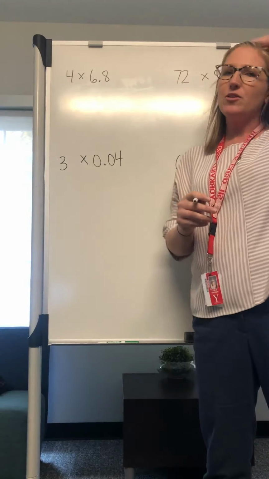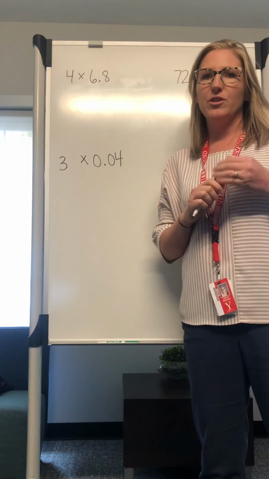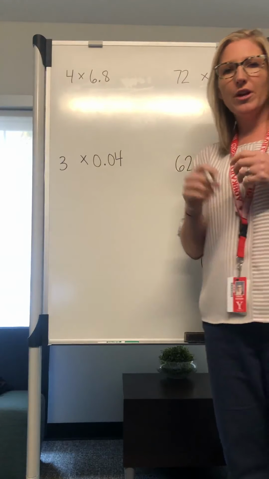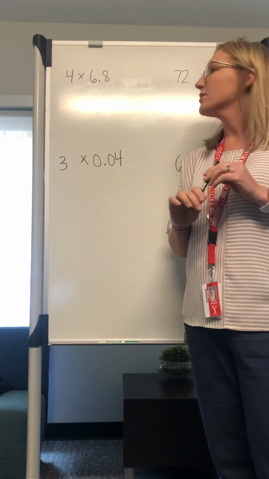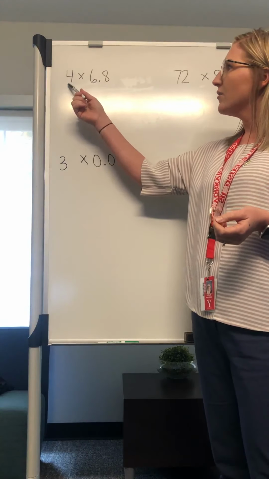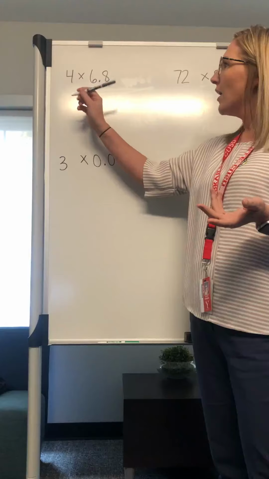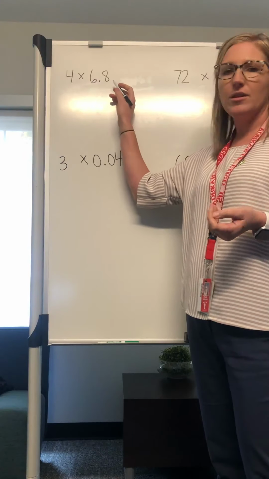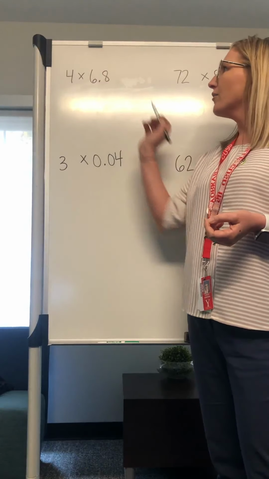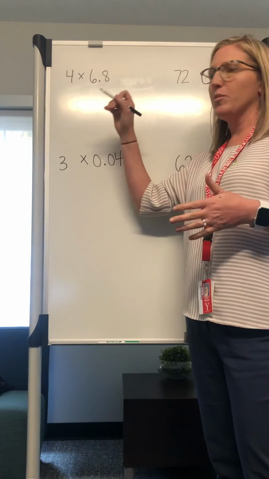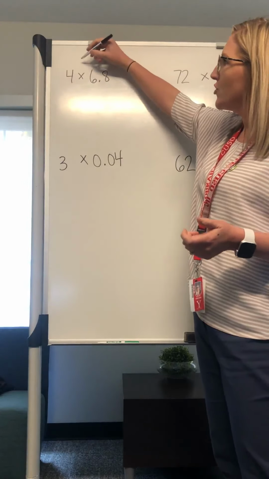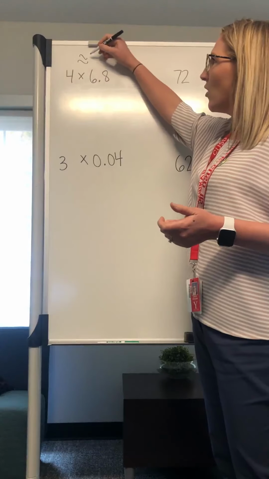So we are going to be talking about doing some multiplication today, multiplying with decimals. There's a couple strategies we can use when we're doing this. One is estimation. Looking at this, I see 4 is 4. And then 6.8 I see is close to 7, because this is 8/10. If we were rounding this up, it would be 7. So looking at this, I know 4 times 6.8 should be something around